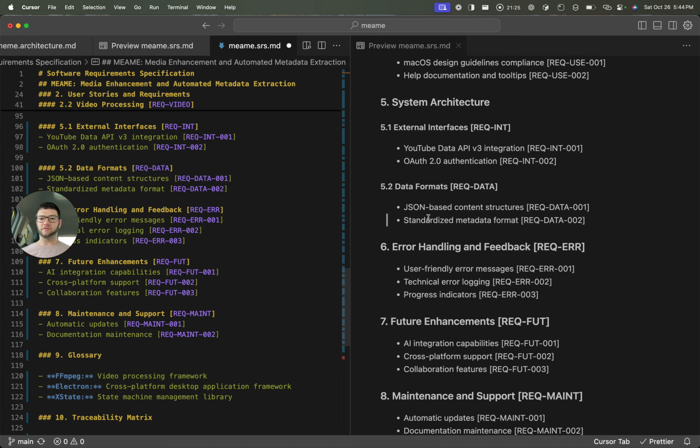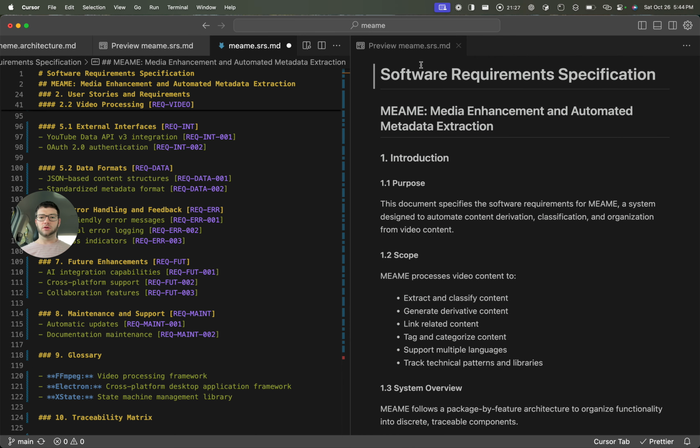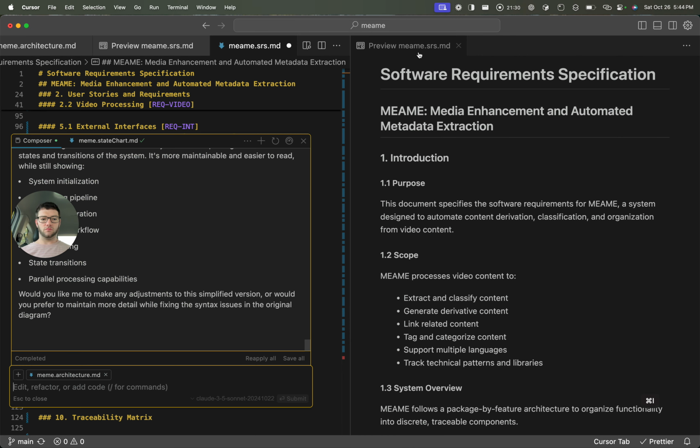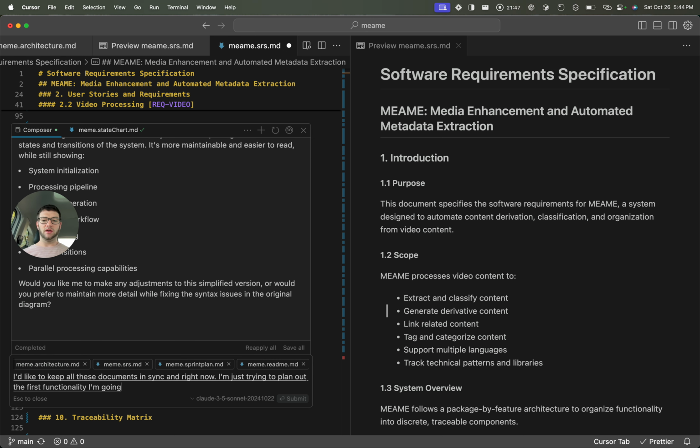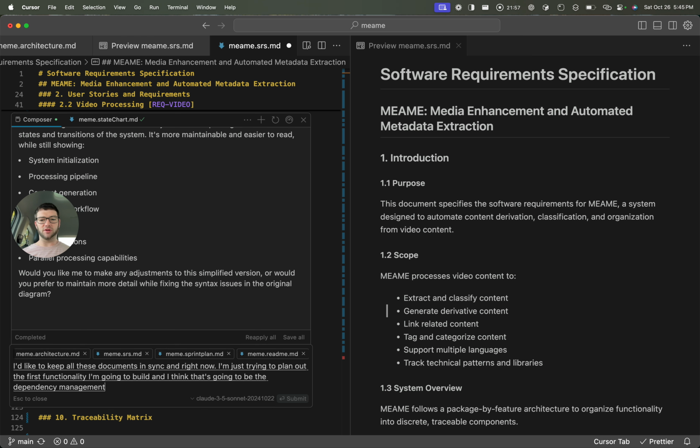Okay, so edit is kind of whatever, but if I go with the, I'd like to keep all of these documents in sync, and right now I'm just trying to plan out the first functionality I'm going to build, and I think that's going to be the dependency management and setup, etc. So,